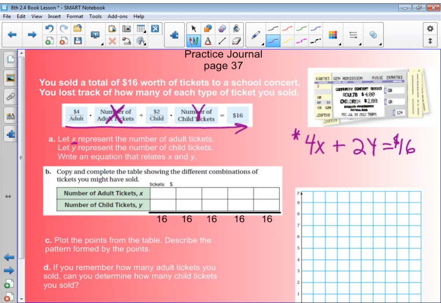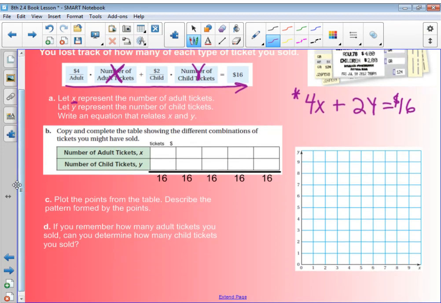So our step that we're going to be doing in this lesson is working to get our standard equation, like this 4x plus 2y equals 16, into that y-intercept equation. Today, right now, what we're going to do is actually just understand why we would ever use something like this. So letter B in your book says copy and complete the table, which you already have the table there. So we're just going to actually fill in our table with the different types of combinations of tickets that we